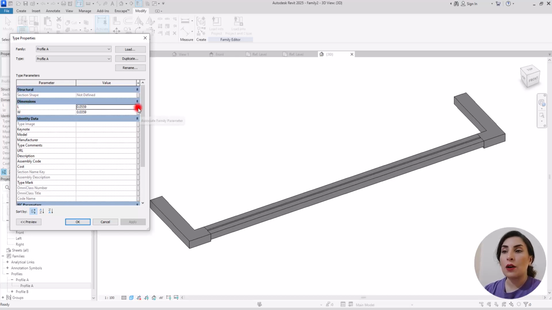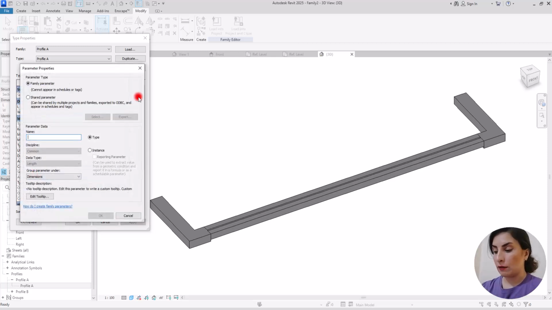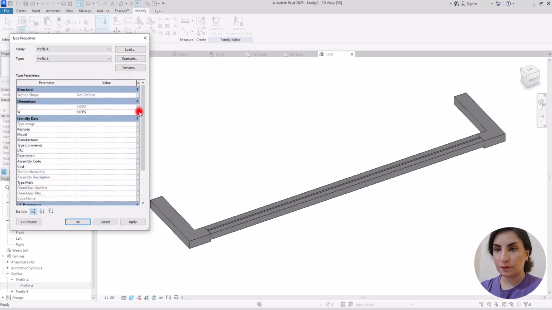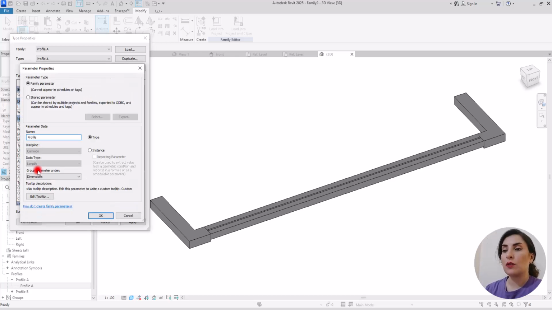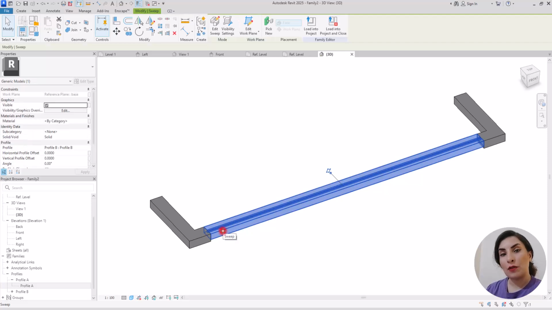So I'm going to click on this part to bring all of these families into the main family that we have. Create a new parameter and then give it a name, profile length. Repeat it for the width too, and okay. Now that we have those two parameters in here and we want the length and width of this profile to be exactly the same with this one, we can select the second profile, the profile B,